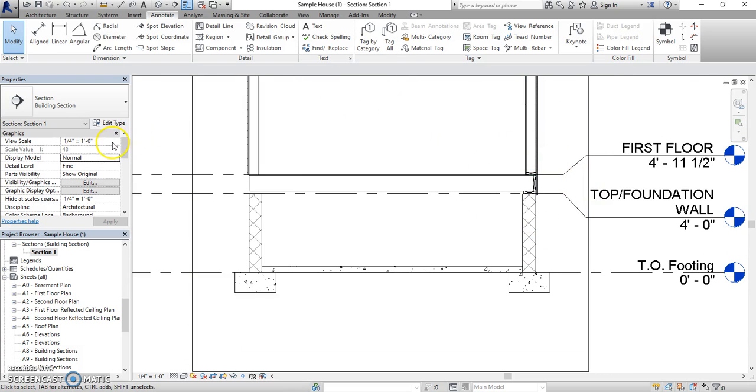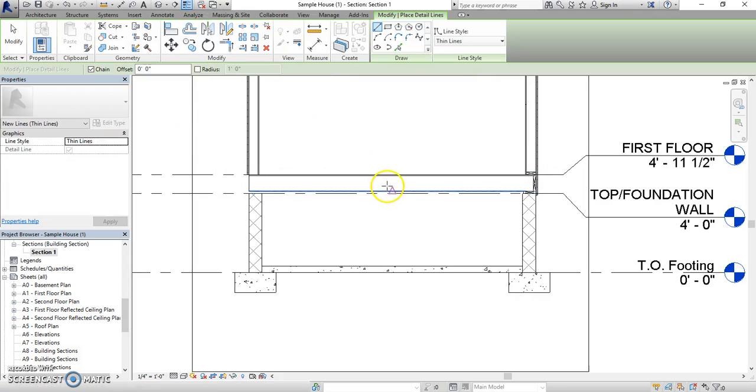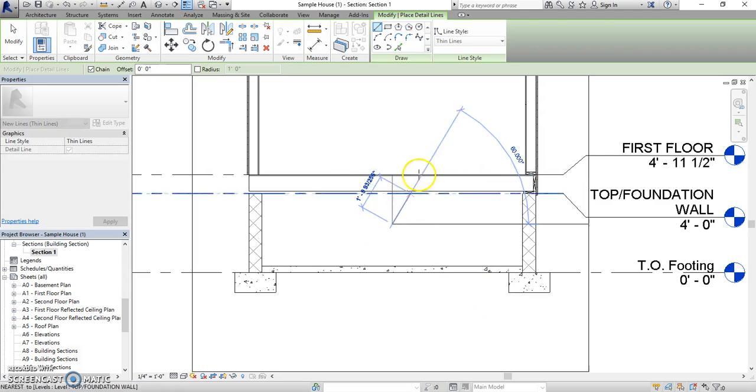I also want it duplicated on the other side. So I'm going to go about doing that this way. I'm going to create a line right down the middle that I can use to mirror those elements, because I know my house is symmetrical and what I have over here needs to be over here as well. So I'm going to go to Detail Line. I am going to click down right at the middle of my floor, a vertical line,